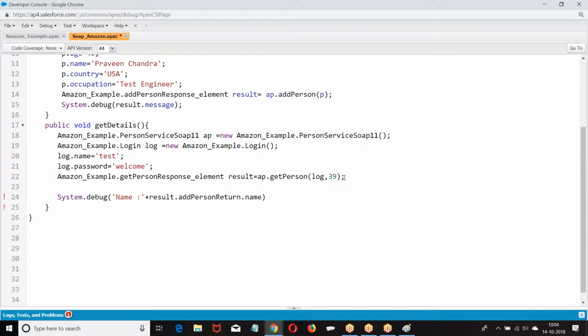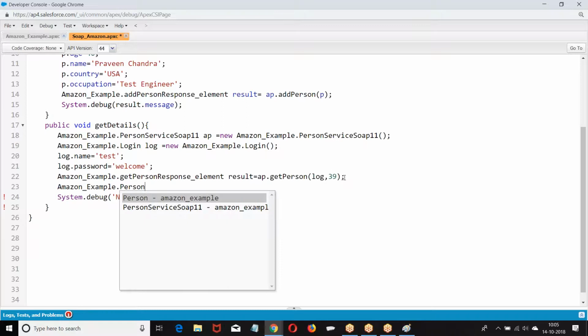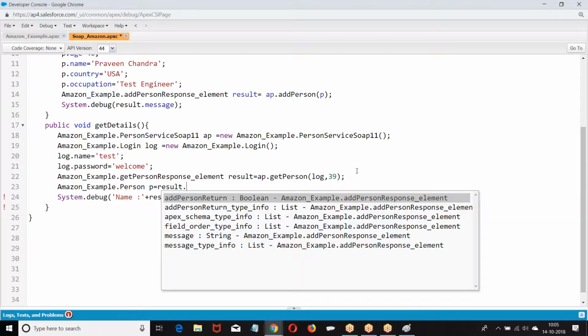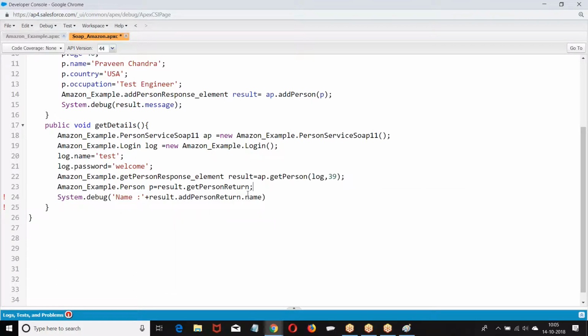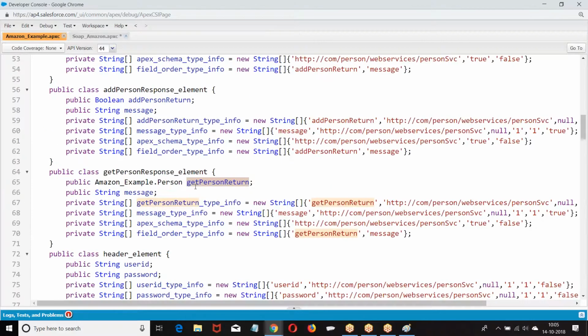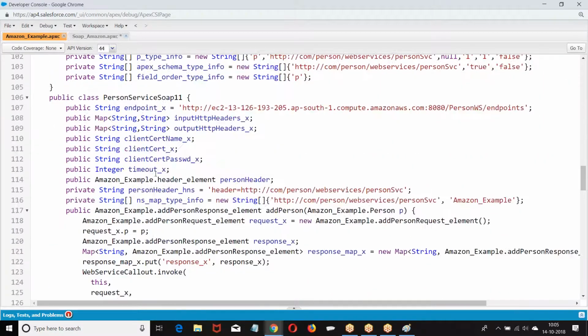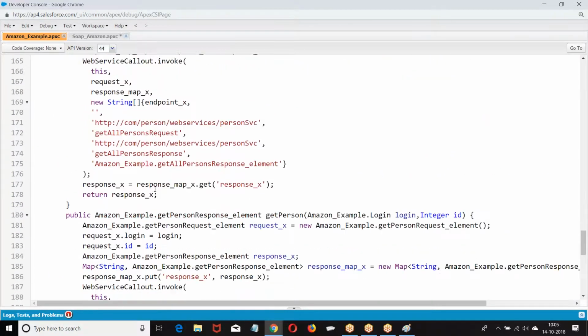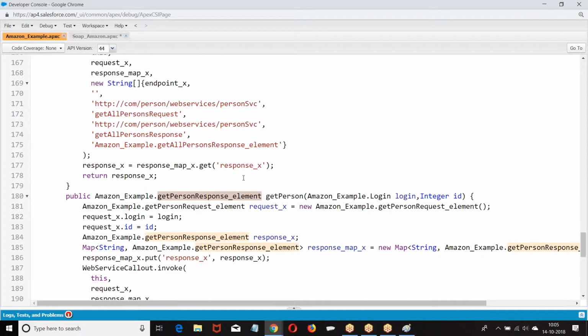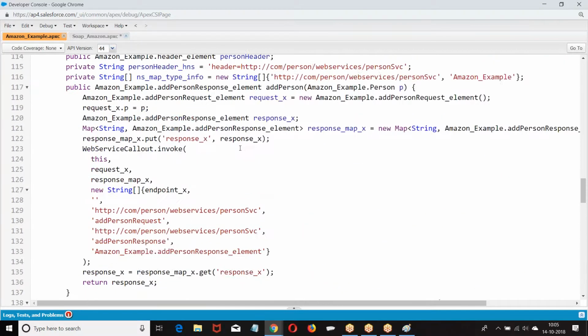Once you give that, then I'm going to get the example equal to get response element.